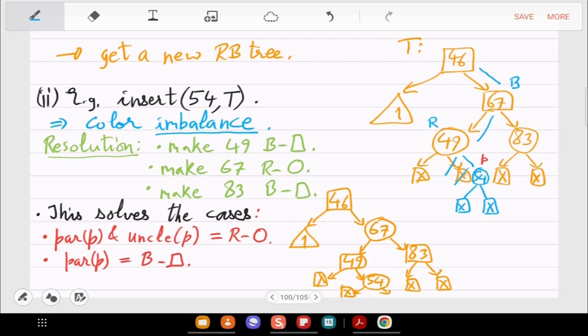So color imbalance will keep shifting upwards and your pseudocode has to now look upwards and see whether that can be corrected with the pseudocode. So if 46 is red, this may propagate upwards.